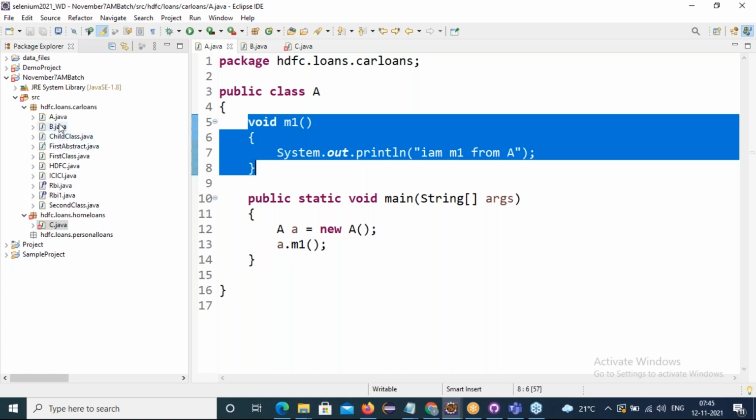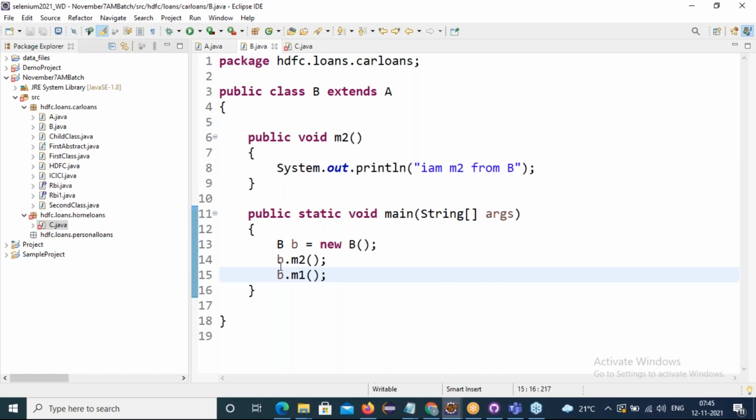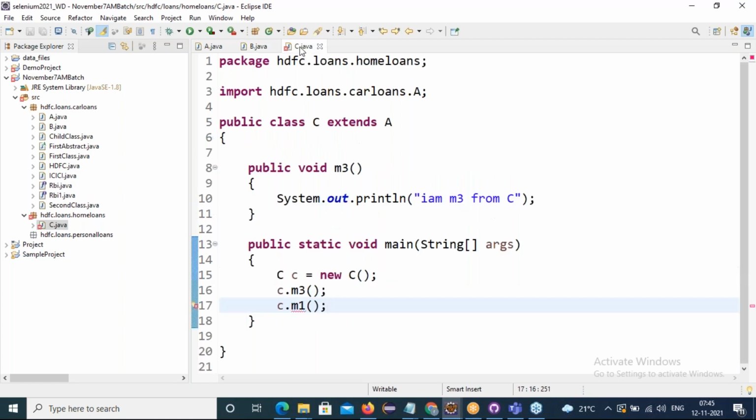Within the package, in another class B, yes, here also we can access the default method M1. Now come to the different package class. Friends, default method scope can be accessed only within the package. In an outside package class, we cannot access default methods.